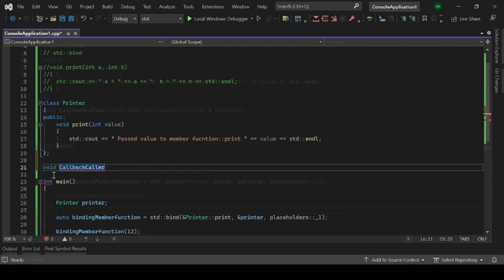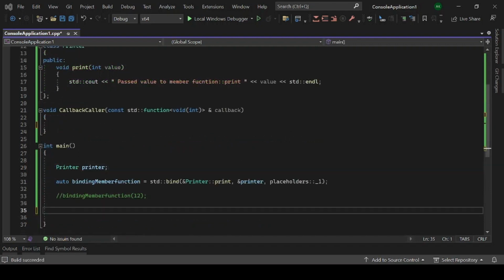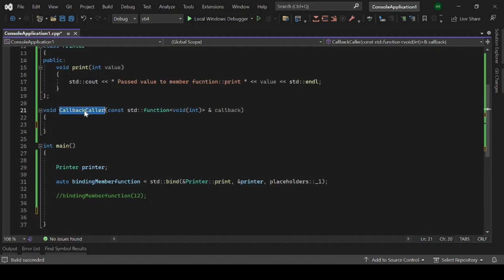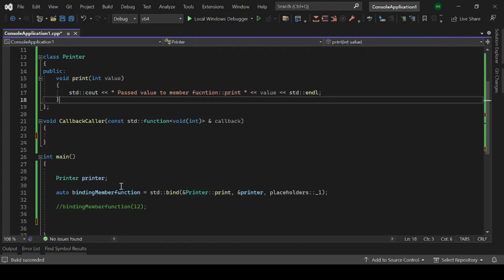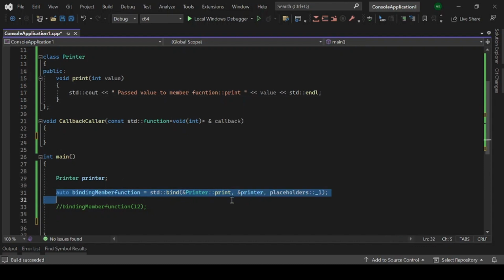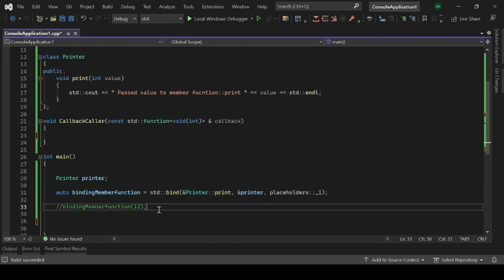So we want to see how we can make use of it. We created a printer, inside printer we have a method print, and then I created this bind function, and I made this placeholder for it, and then I created this callback caller that takes the type as function void,